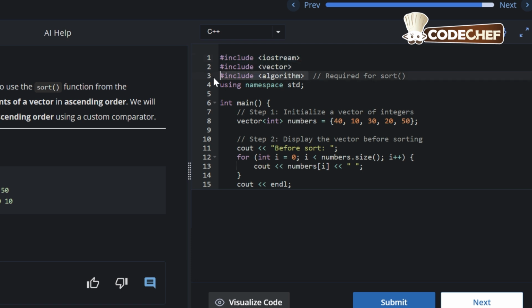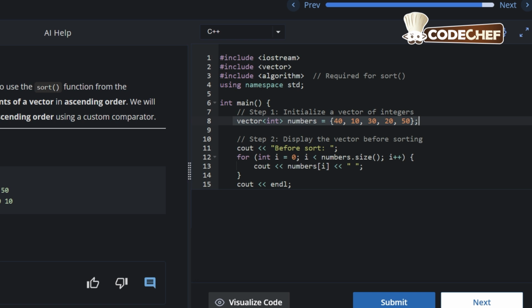We use the algorithm header file because we want to use the sort method. Then using namespace std; int main() { vector<int> numbers = {40, 10, 30, 20, 50};